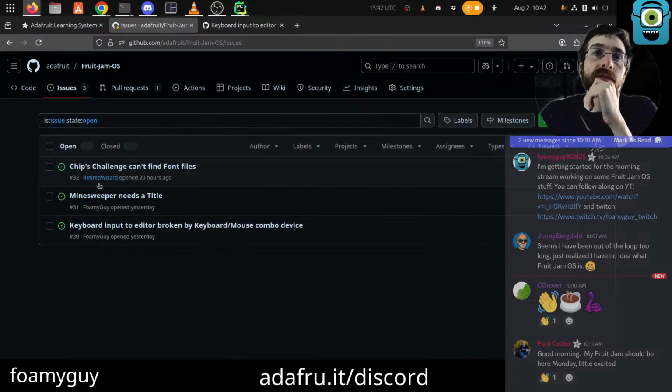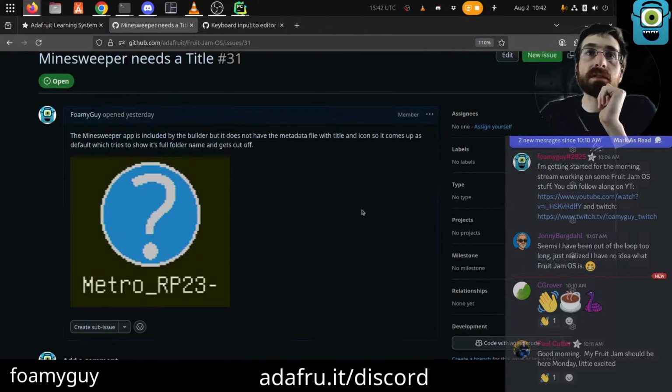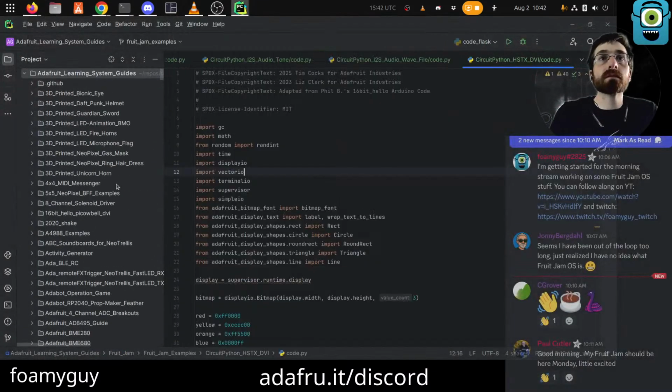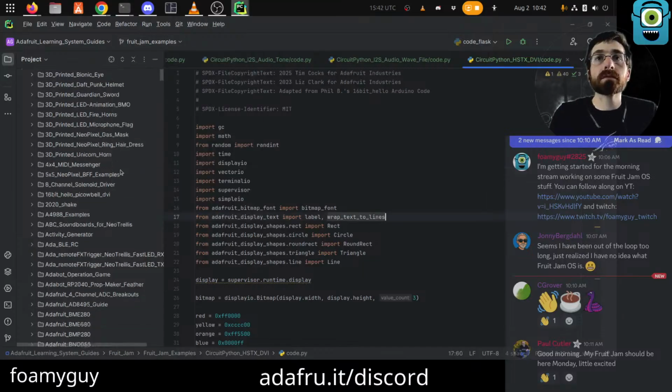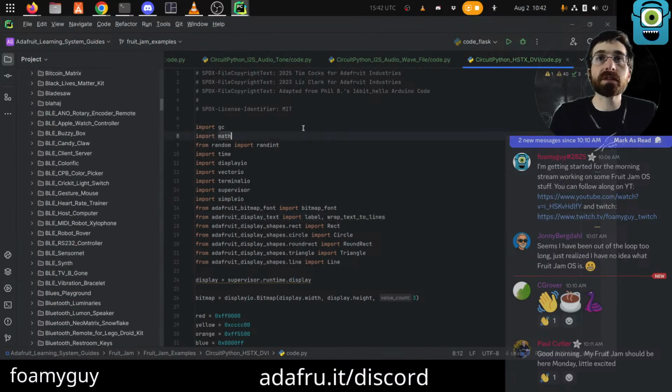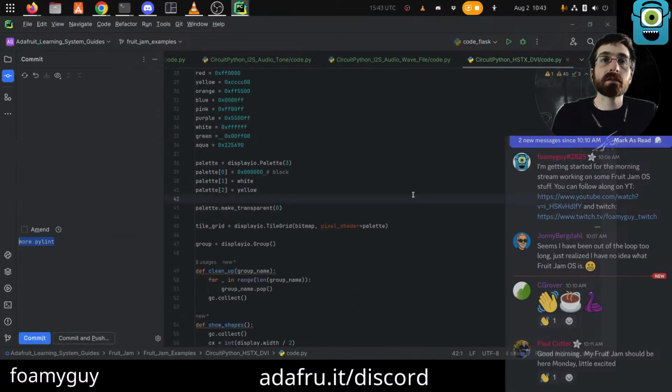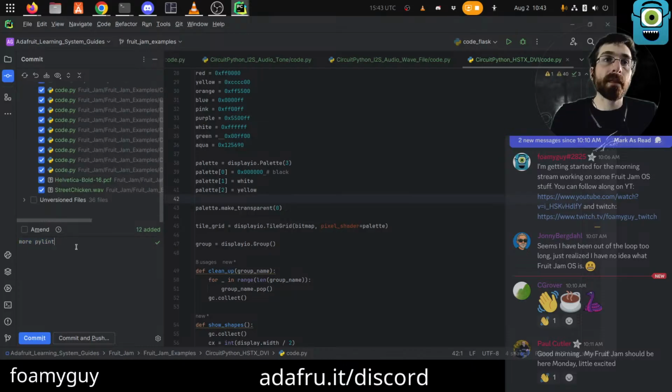What are the other ones? So there is Minesweeper, could use a title. So that's over in the Learn Guide repo. Examples. I should commit this because I have a bunch of these now. Python examples.